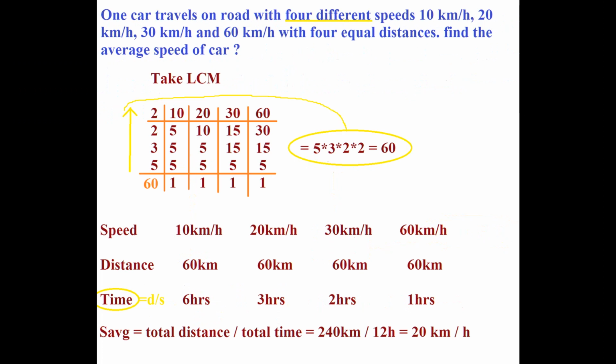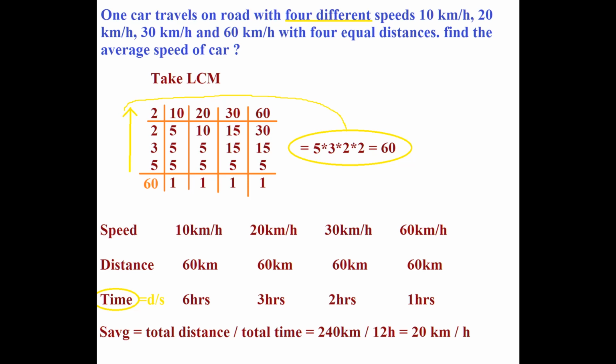One car travels on a road with 4 different speeds: 10 km per hour, 20 km per hour, 30 km per hour and 60 km per hour, with 4 equal distances. Find the average speed of the car. First of all, take the LCM of 10, 20, 30 and 60, then you get LCM 60 and this is our equal distance. We have speed and distance, so we can get time as per the formula time equals distance